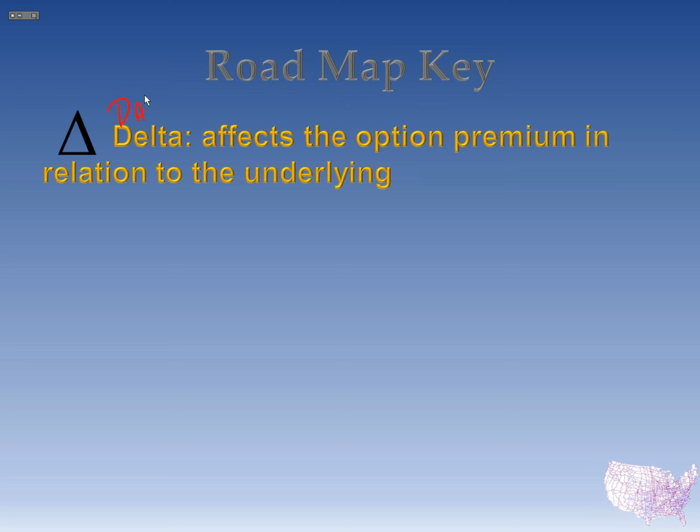On the floor, we used to say delta is data. It gives you all kinds of stuff like the probabilities of being in the money, probabilities of being out of the money. But what I want you to specifically focus on right now is how delta affects the option premium in relation to the underlying. Now, all of these Greeks, before I get too far ahead of myself, assume a move forward, a move higher. It's an advancement, okay? So with delta, when we're talking about options premium in relation to the underlying, what they're specifically talking about is that first dollar move, $1 move, okay?